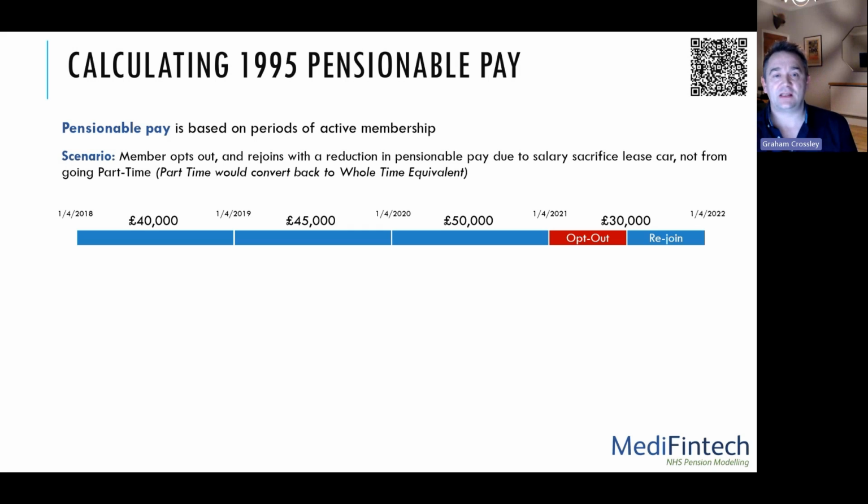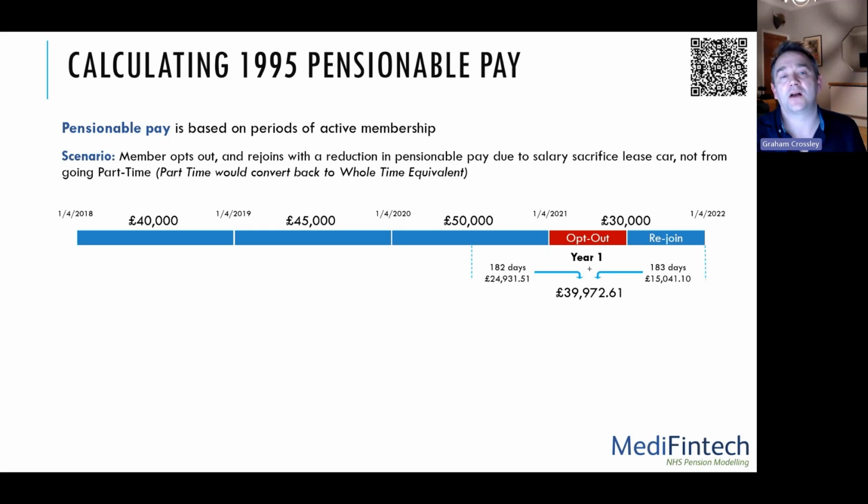So in this scenario here, they've gone from 40,000 to 45,000 to 50,000 to 30,000. So when they look at their payslip, they'll see full-time is £30,000 as their pensionable pay. That's not what's going to be used for calculating their pension benefits. What they will do is they'll look back for 365 days of active service to calculate the last year's pensionable pay. So we take that first 183 days, get to the opt-out period and jump over that, and then find the remaining 182 days. Add those together and we've got